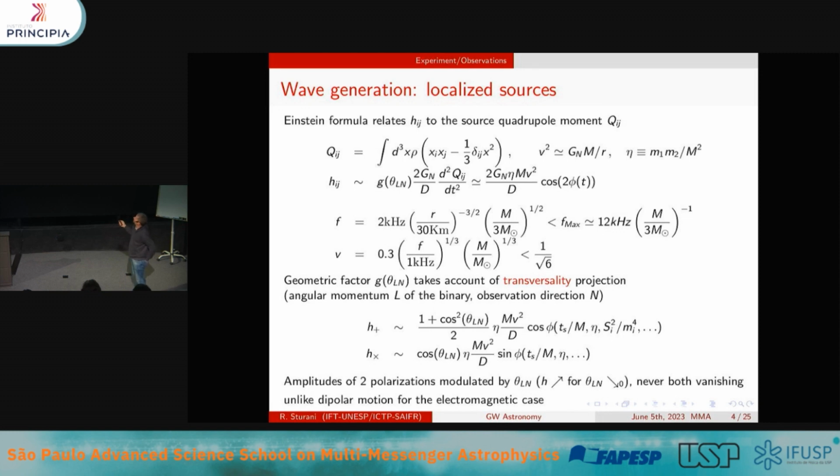And so you immediately realize that the source of the gravitational wave perturbation is the kinetic energy of the source, not the rest mass. No? The source of the Newtonian potential is the rest mass of the source. The source of gravitational perturbation is the kinetic energy of the source. Okay, so for instance, for a binary system it will be the symmetric mass ratio times the total mass times v